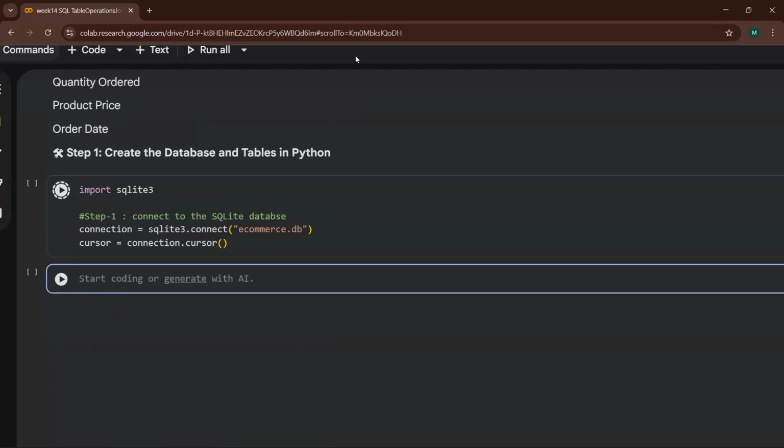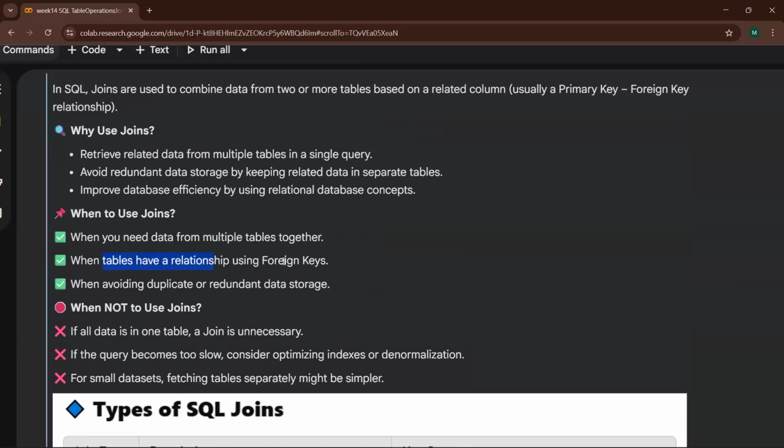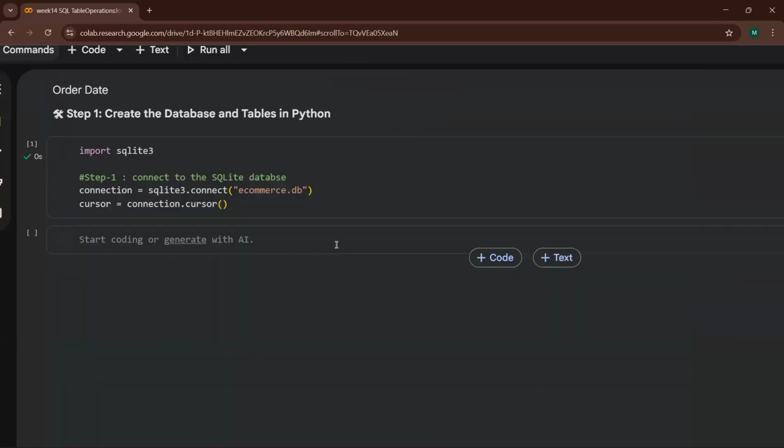Now guys, I need foreign key as well, as it is given that the tables have a relationship using foreign key. How will I enable foreign key? Anyone? How can I enable a foreign key over there in Python?